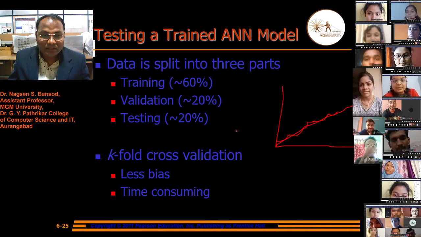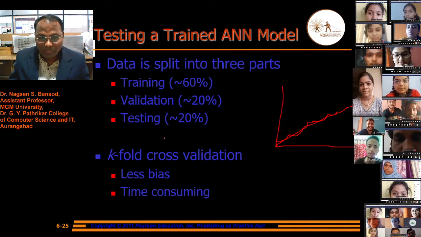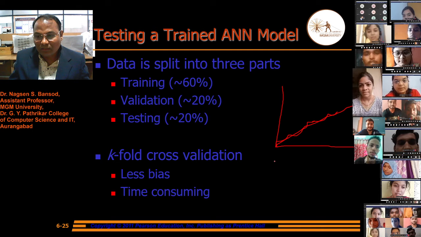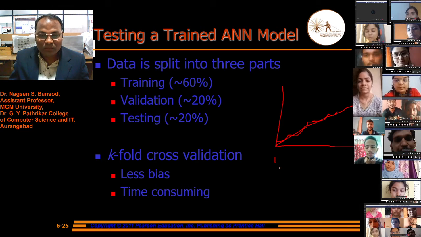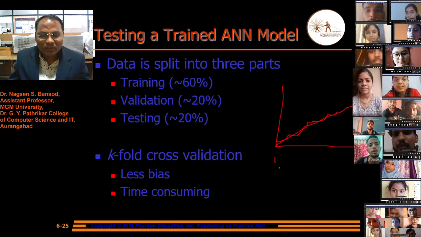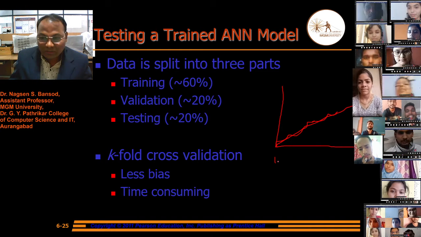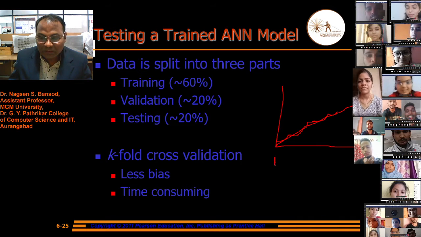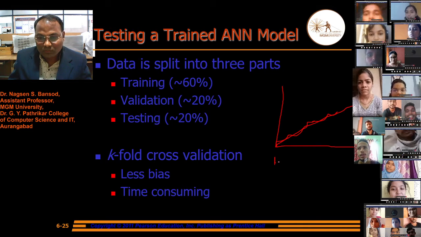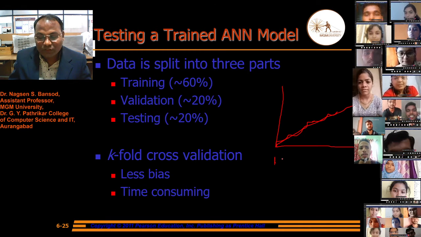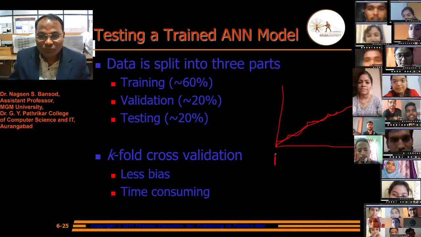Or there is k-fold cross validation, which has less bias but is time consuming. We can use the k-fold method, like two-fold, three-fold, nine-fold, or k-fold in general. Suppose we have hundred records and we are doing five-fold cross validation.